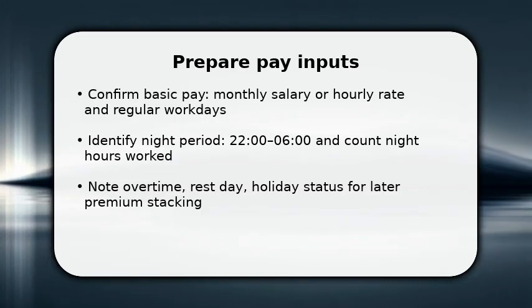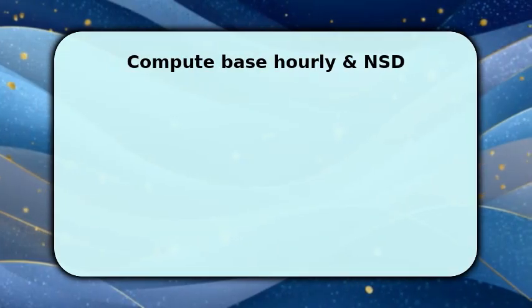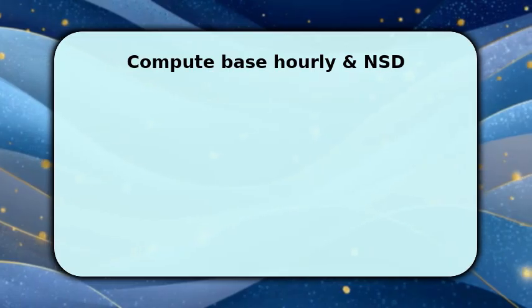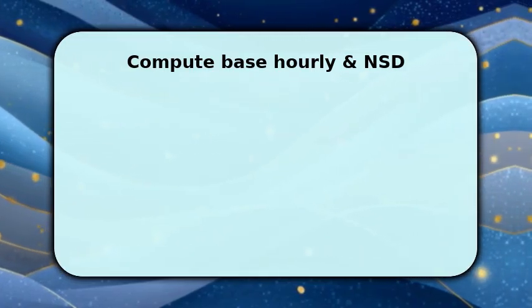Now calculate the hourly rate and then the night shift differential. You compute hourly equals monthly divided by 208, or your actual hours. Next, multiply the hourly rate by 0.10 to get the NSD per hour, then multiply that by total night hours